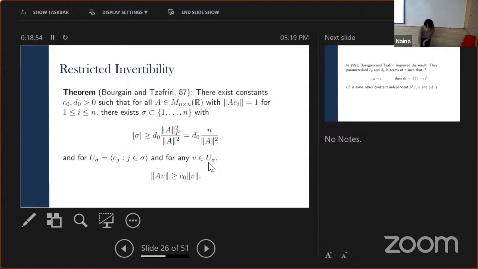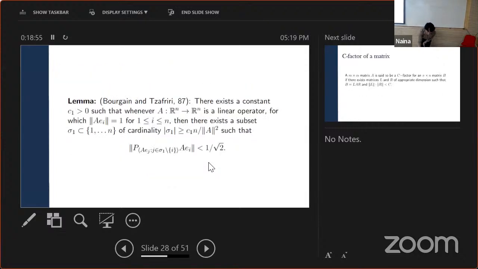Okay. Right. So the proof of this actually relies on certain probabilistic techniques, and I think that is kind of the key to their proof. I don't know how they came up with it. The proof is fairly complicated and they've broken it down into lemmas. And this is the first lemma in their proof, which I shall explain.